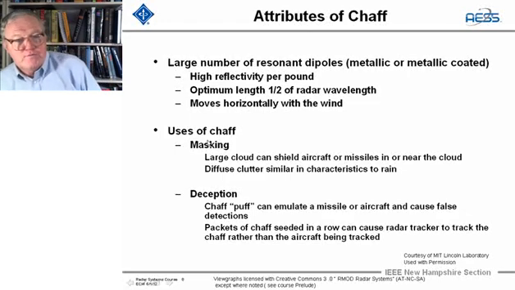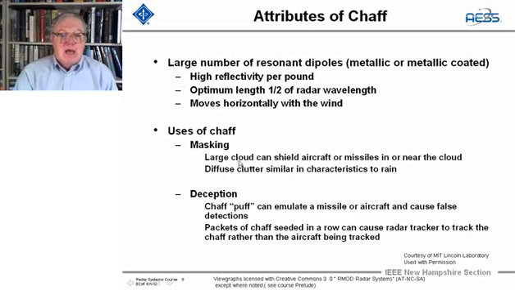And what are the uses? Well, first, masking. A large cloud can shield aircraft or missiles in and near the cloud. And it's diffuse clutter. It appears in the radar, and it's very similar to rain, only it has a much higher cross-section than rain does. And deception: chaff can be a puff of chaff that emulates a missile or an aircraft and can cause false